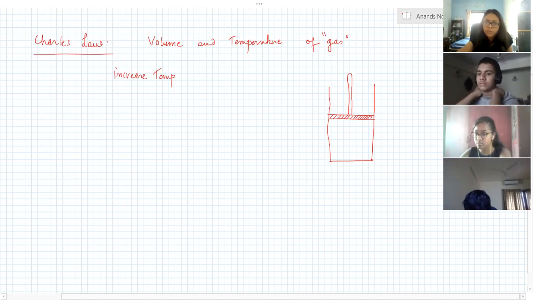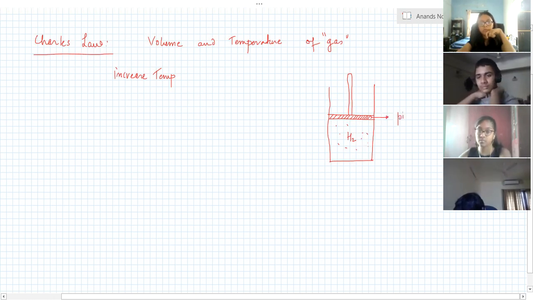Someone has to be on mute. Okay. So let's suppose you have hydrogen gas inside. This is like a sliding member. We call this a piston. And this is like a cylinder. This is what is there in all the scooters, cars, all automobiles. Piston cylinder arrangement. We take the air fuel mixture inside and we burn it.